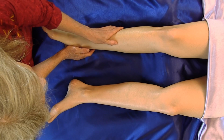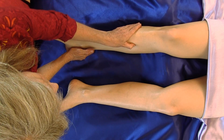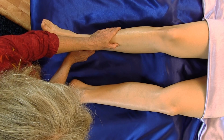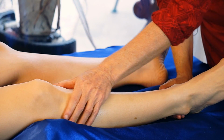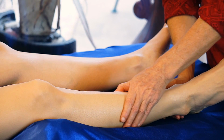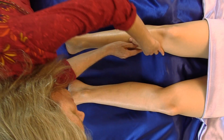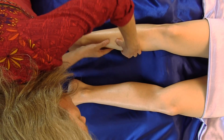And we're going to go up the other side. Now this is a little different on that side, but you want to go right along the bone. I find going right along the bone, but not with a lot of pressure. If it feels like little bumps and a washboard, that's tension. So it can be painful, so don't go with a lot of force. Just work it up and then work outside the muscle a little bit. And you can also grab some of the gastrocnemius muscle, the calf muscle, and knead that forward